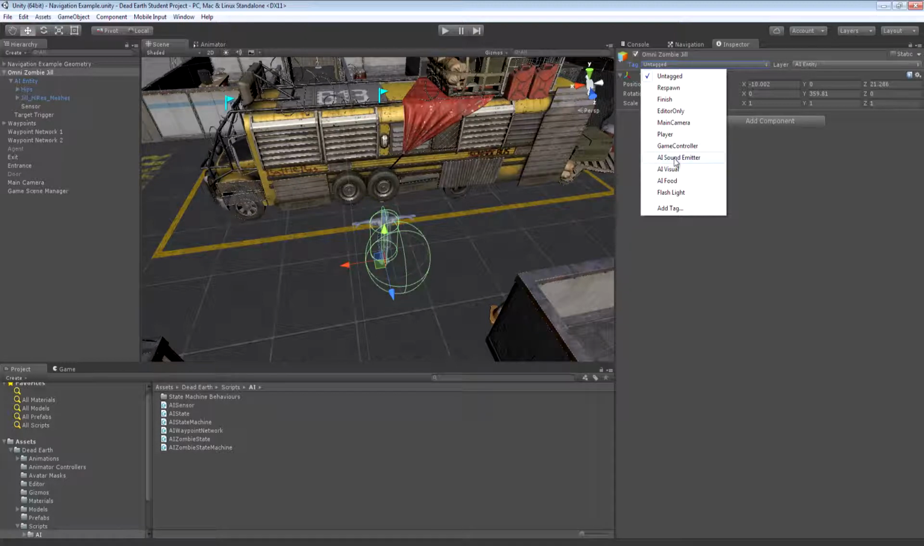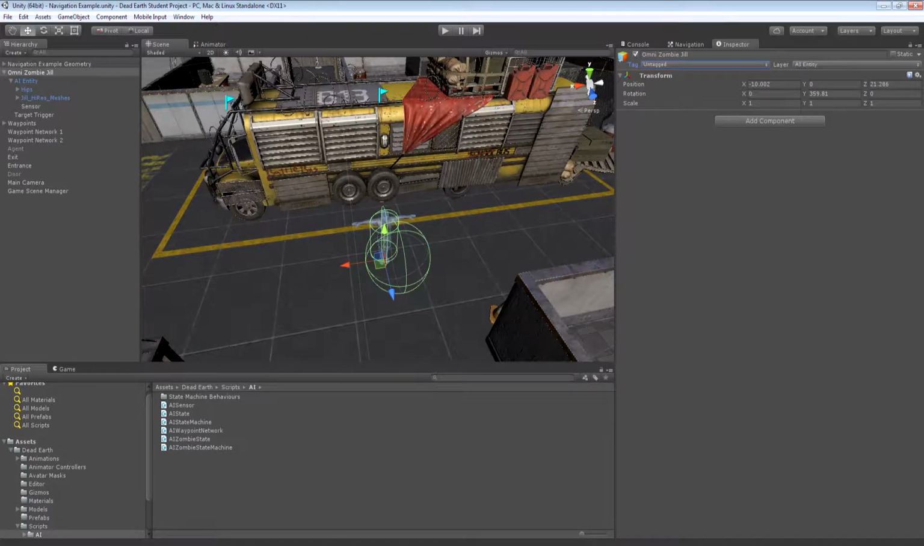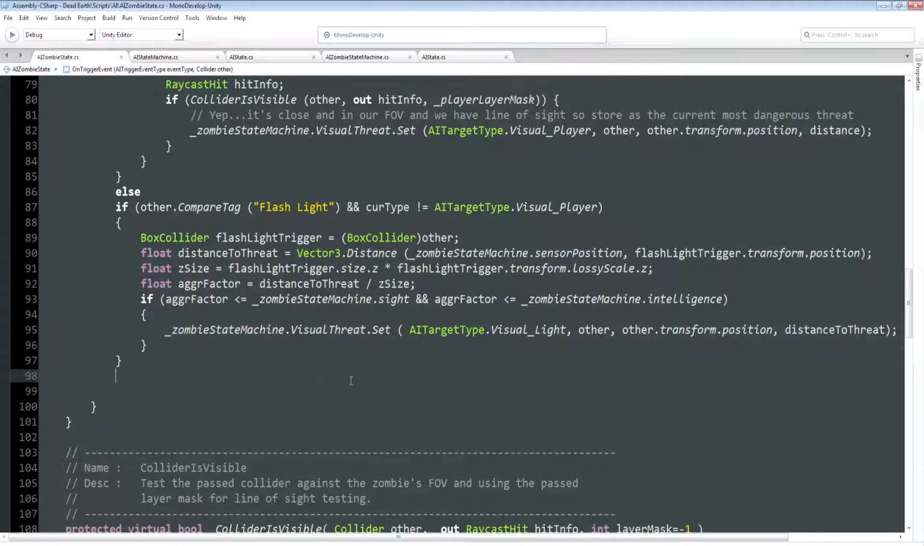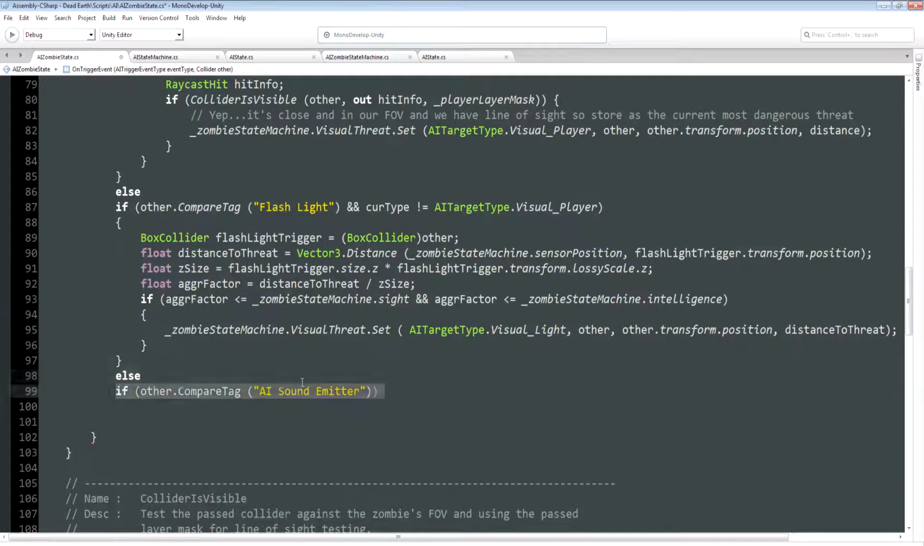So as long as the sphere trigger and the sensor trigger intersect each other, then there's going to be an event raised. So let's go and add that new conditional clause now where we deal with sound emitters. And of course, much like we have in the above code cases, we're going to use other.compare tag, and this time we're going to pass in AI sound emitter. So I'm going to say else if other.compare tag and pass in our string AI sound emitter, which is the tag we created,